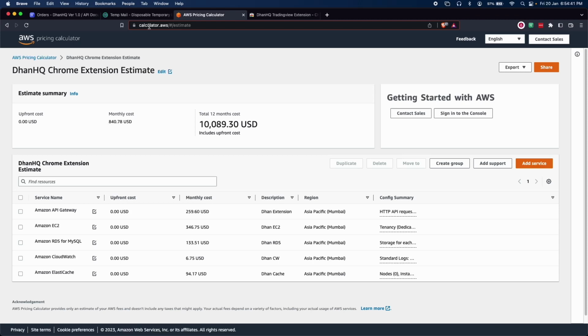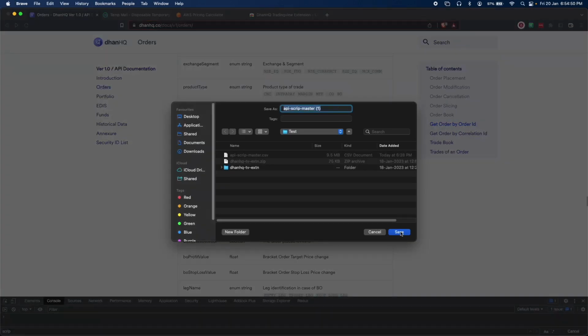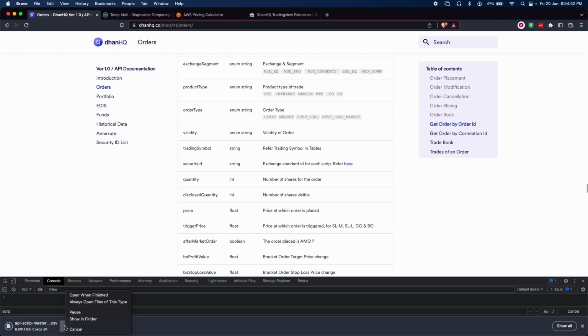So how will we get the data? DhanHQ API provides script details here. If you go here, you will see the script details attached in the annexure. You click on it and download it. Okay, just as an example, if you see here,